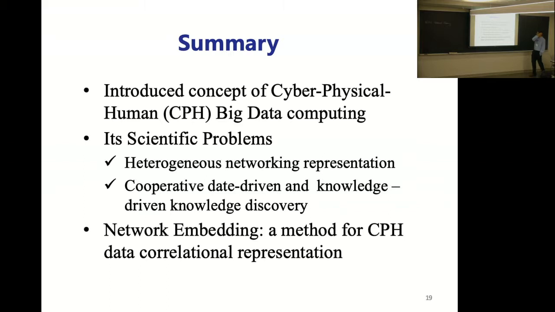So basically, today I briefly talked about what cyber-physical-human big data is and how we do that. There are two key things. One is heterogeneous network representation for multimodal heterogeneous data: how we do representation learning. Second, we tune a little bit because today we cannot do wisdom cloud computing. With cloud, the concept actually comes from computer scientists thinking about how to compute human wisdom. It's very difficult because it needs computational thinking modeling, which is very difficult to model.